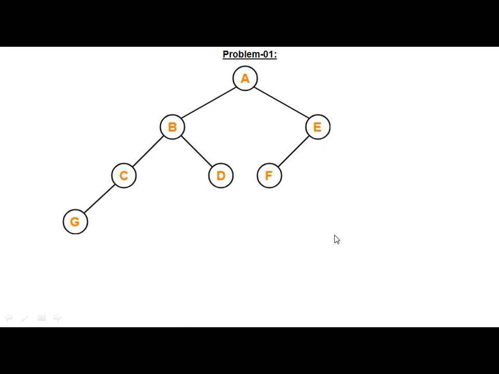Now, can you write the pre-order, in-order, and post-order for this? At least one problem you solve yourself. You can send a picture of your answer in our TCS Ninja WhatsApp group, and I can check it, because typing all of those is difficult now. Put the heading pre-order, in-order, post-order and write the notes.